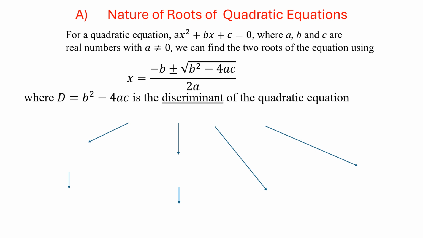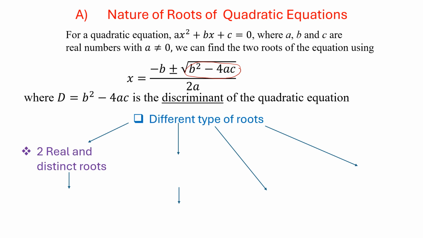And in this quadratic formula, there's something very important inside the radical, and that is your b squared minus 4ac. This b squared minus 4ac is called the discriminant of the quadratic equation, usually denoted by the capital letter D. And what does this discriminant tell us about the roots of the equation? Yes, the two roots can be classified as two real and distinct,